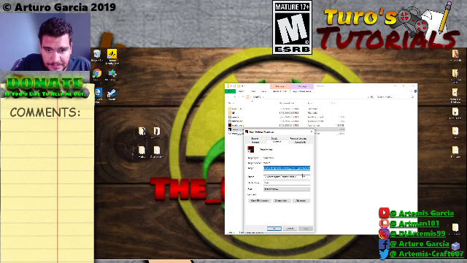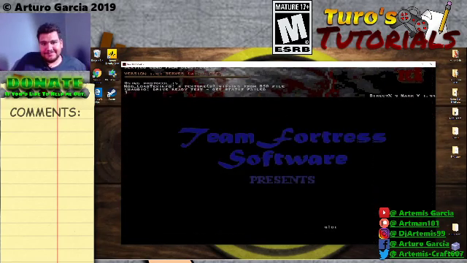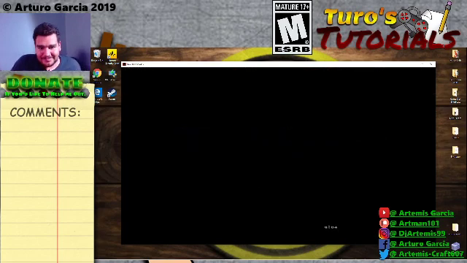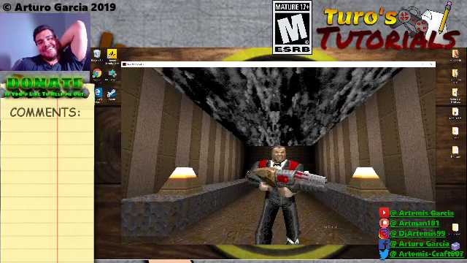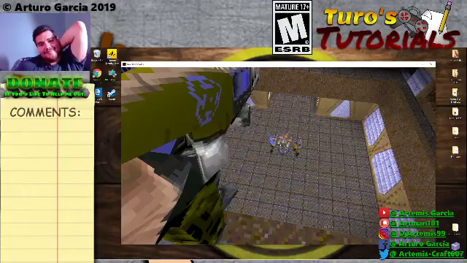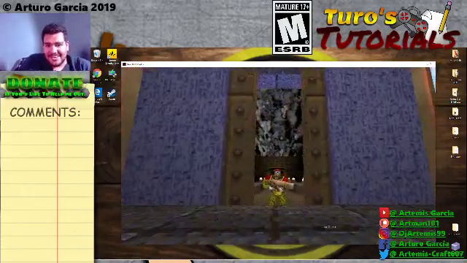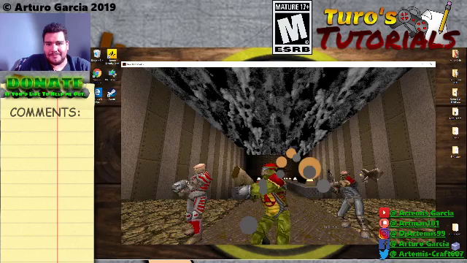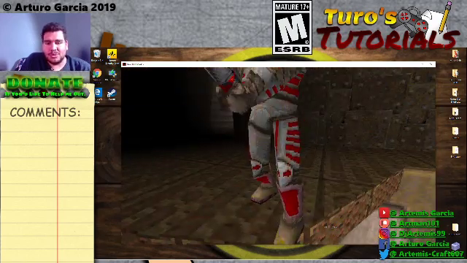Hit apply. Oh, and you also need to put host. Minus host 16, so that way we can have more than just 8 players here. Apply. And now we have Team Fortress. Now Damien Scott demo. Pretty cool, isn't it? You can play as an engineer, a scout, a heavy weapons guy, medic, the pyro, the soldier, and